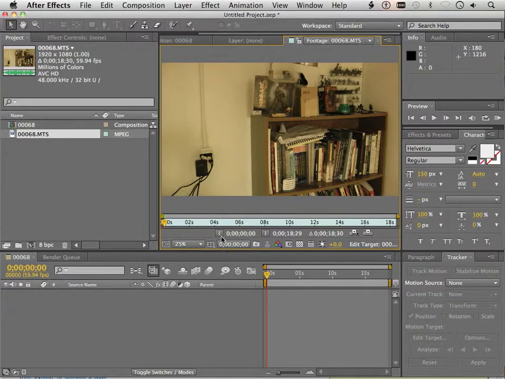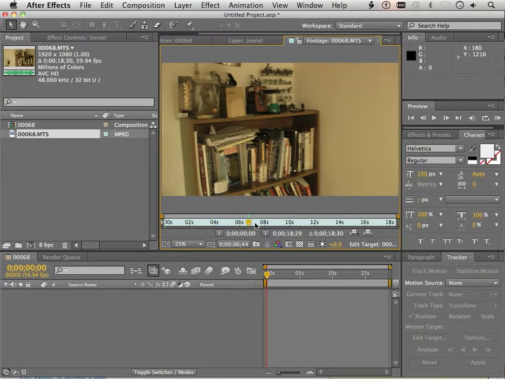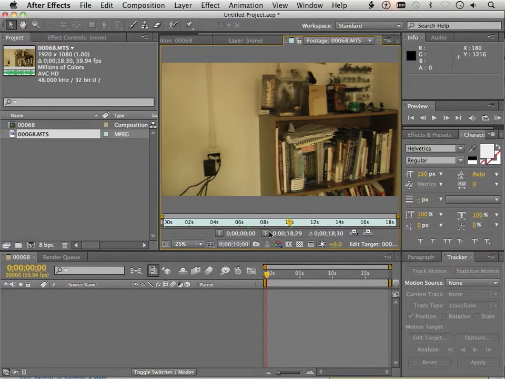and then I can set an in and out. In this case, I want the in to be here, and about 10 seconds in, I want the out. Good deal. So now what I can do is take this and use it as the in and out for this. Okay, again, if I want to do that, I can click and drag it to the composition window, and